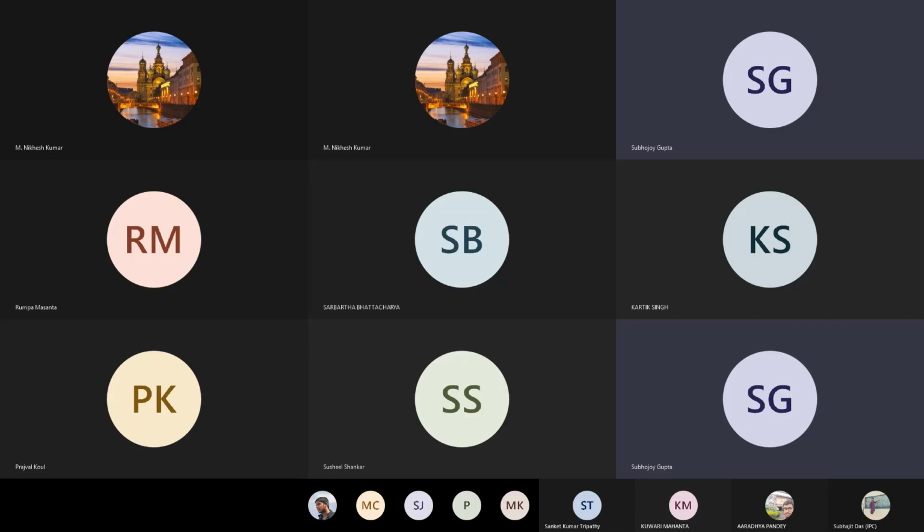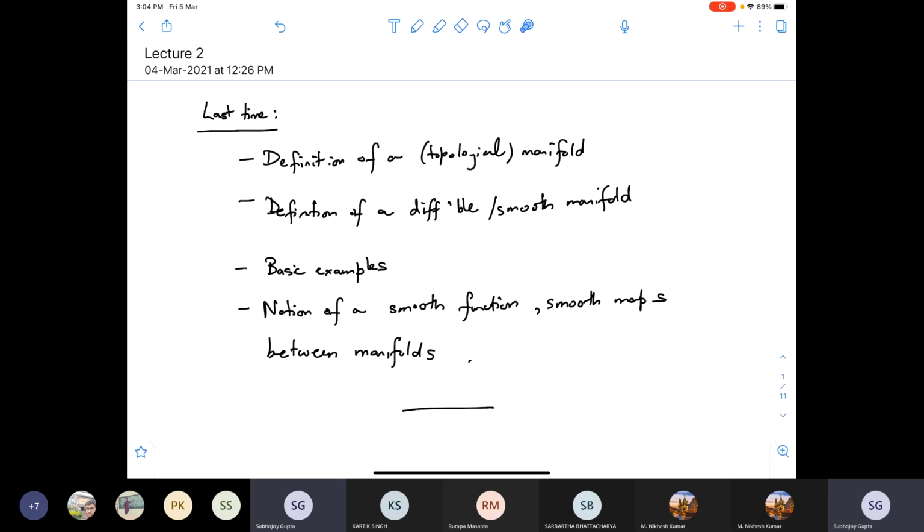Yeah, so last time, these are some of the things that we did. First of all, I talked about what a topological manifold is, right? So that's something, and